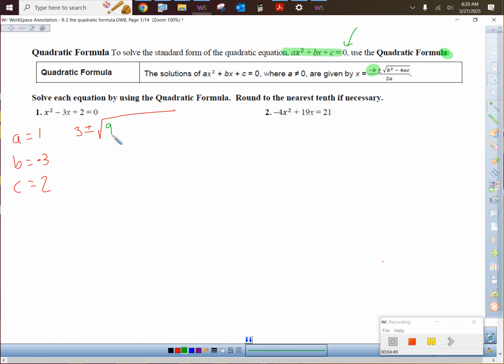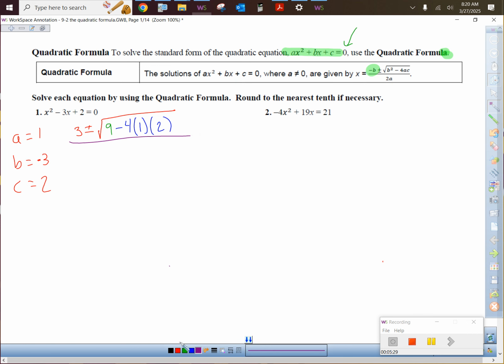So I did the opposite of b, plus or minus the square root of b squared. Then I'm going to do minus 4. And notice I'm going to put all the multiplying in parentheses, because that's how to type it in the calculator correctly: times a times c, right? So instead of using multiply dots or multiply x's, I use parentheses. So I have the opposite of b plus or minus the square root of b squared minus 4ac all over,